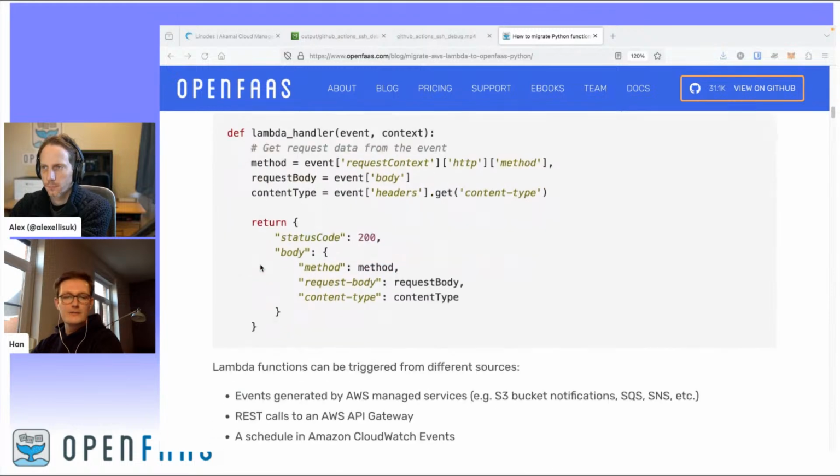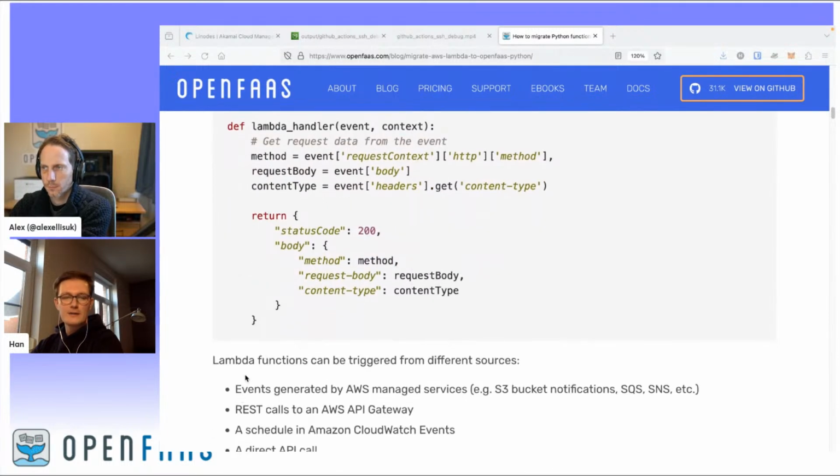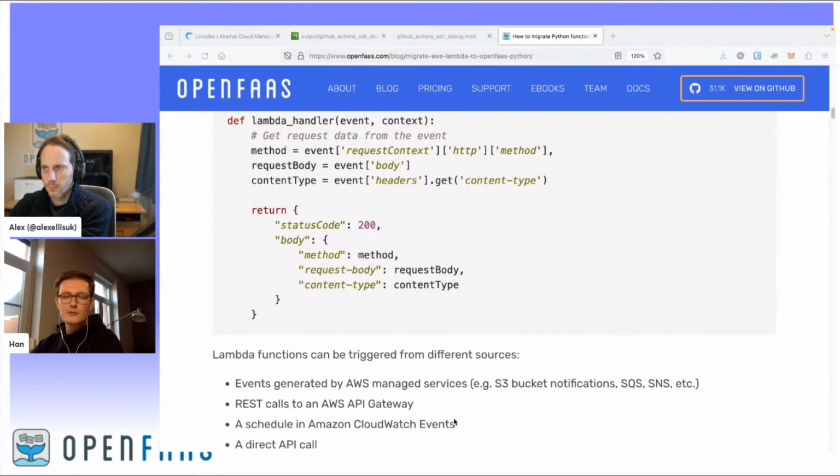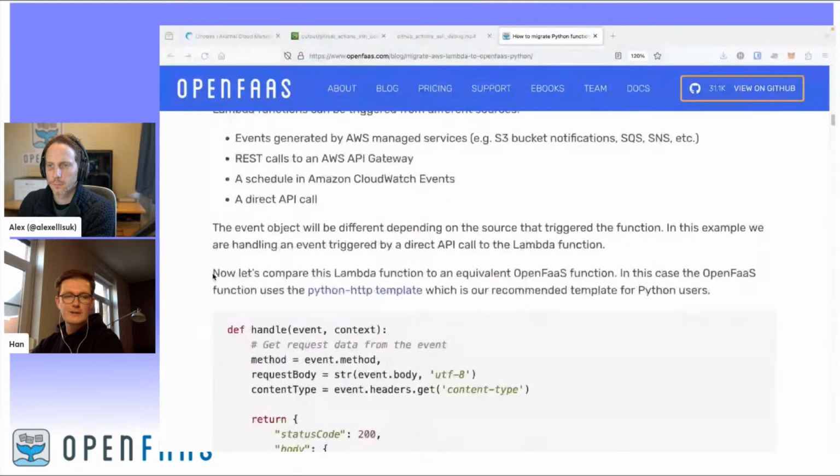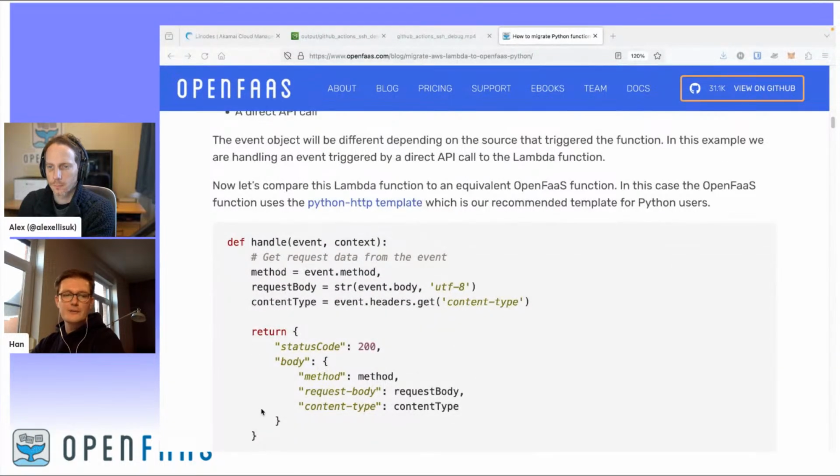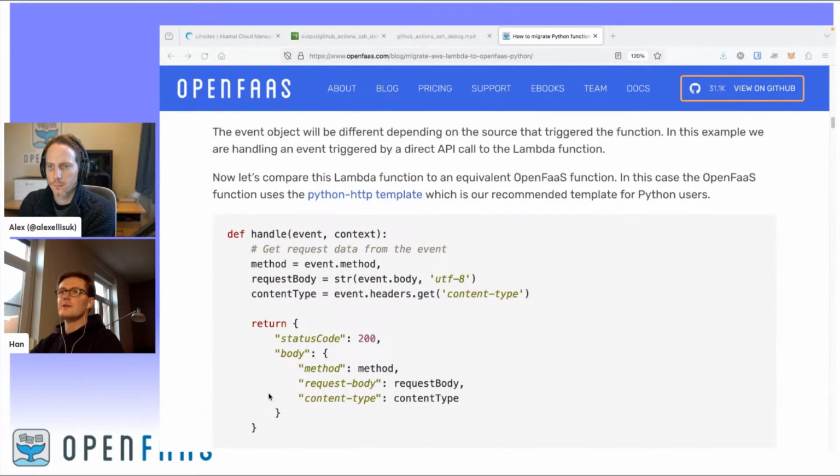If it's triggered by REST or through CloudWatch event or SQS, any notification, the format will be different. The biggest difference with OpenFaaS, you will see the handler looks pretty similar, but OpenFaaS always communicates,